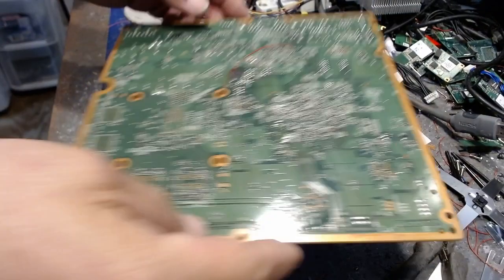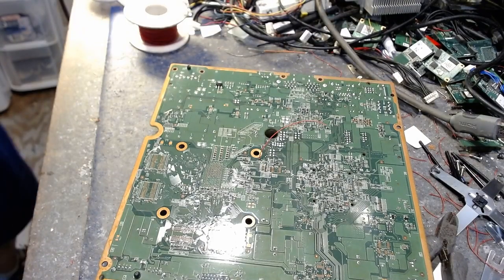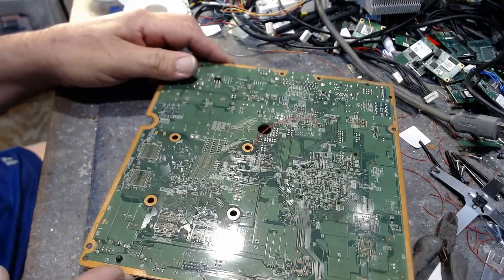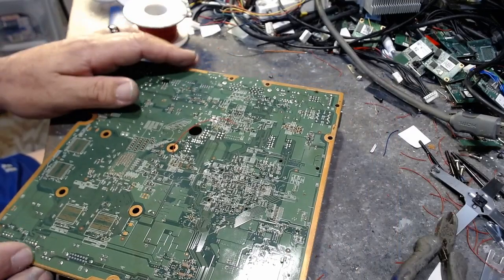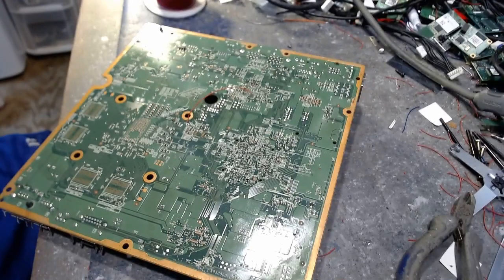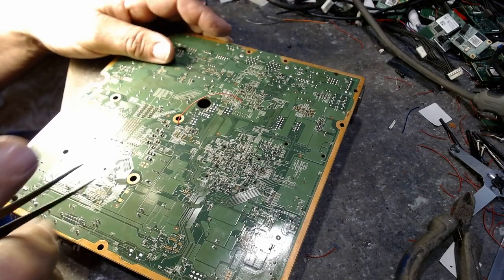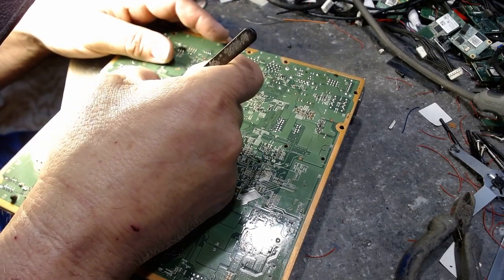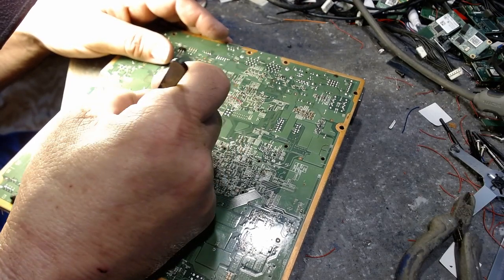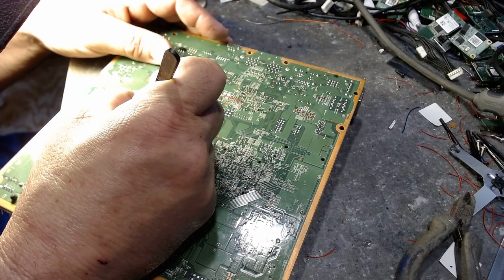But it's not terrible. So what I'm going to do is take my magnifier right here, and then I'm going to sit down here, okay? I'm going to bounce up and down a couple times. And then I'm going to scrape this off of here once I'm able to see where I'm going. So it's right here. So I'm going to scrape by this number 3 right here with the end of this tweezers very carefully, because as I said, there